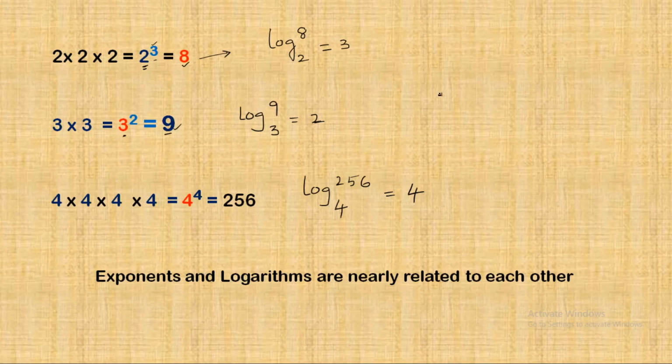Generally, if we say log a to the base b, this a is called the argument, and this b is called the base. So you can try your own examples of any exponential form and convert them into logarithmic forms.